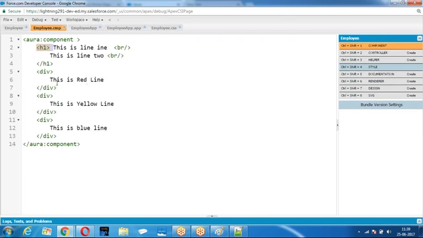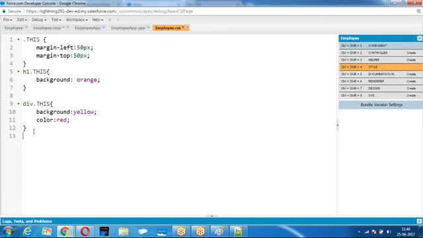I am going to give the component class equal to red. We are applying a style called red. Go back to this. What we are doing? Dot this, dot red: in the component, the element whose class name is red. For the element, the background color